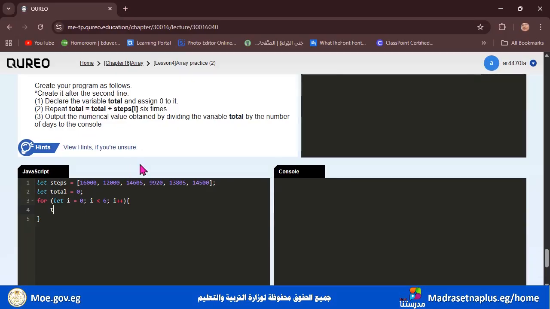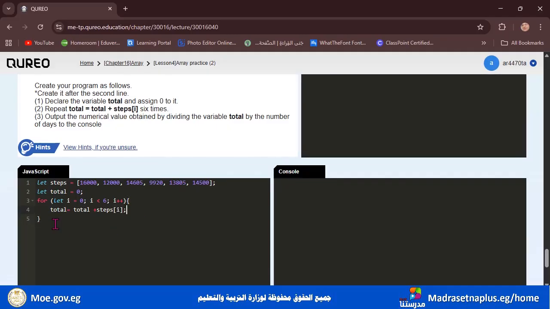So we write total equal total plus steps here, and open the square brackets and write i and end it with a semicolon. No, not here, it's there.